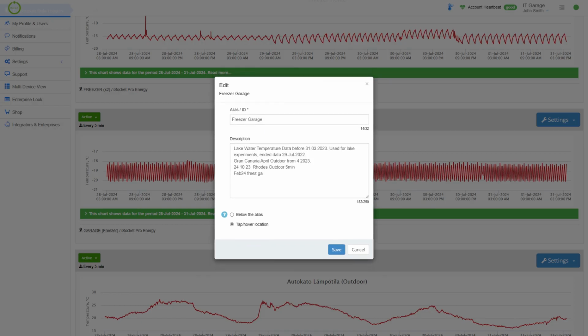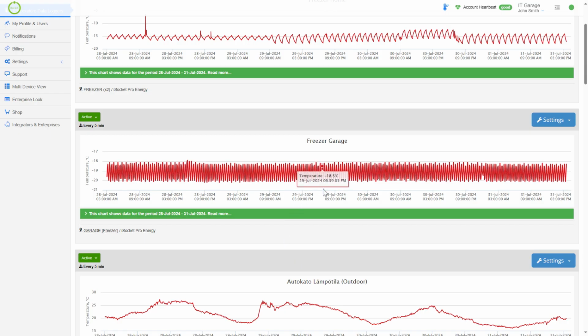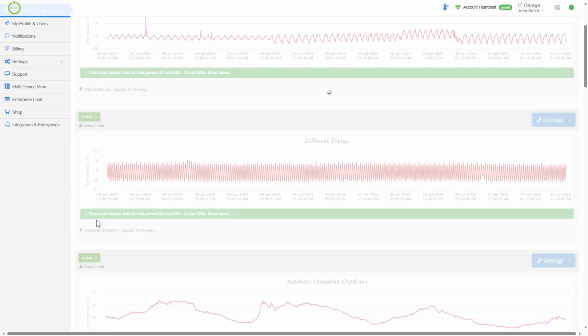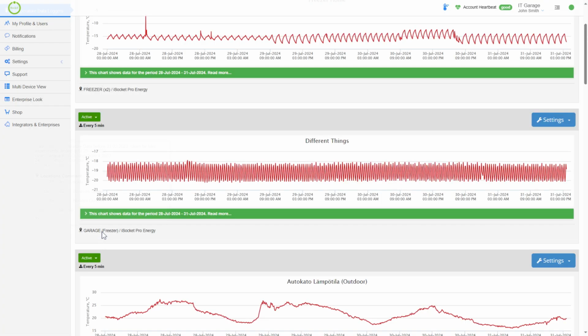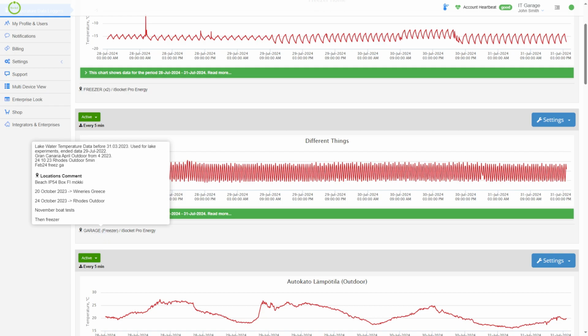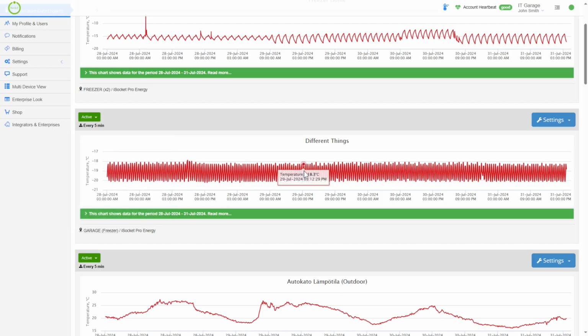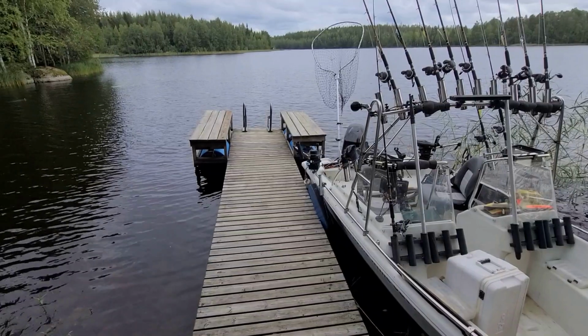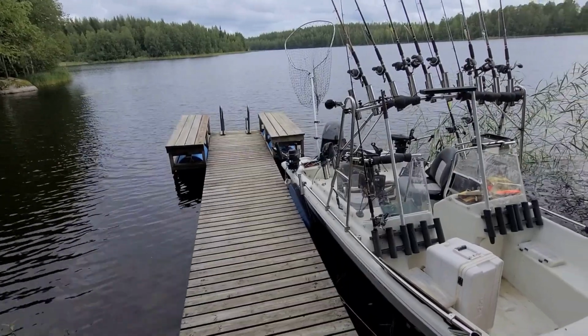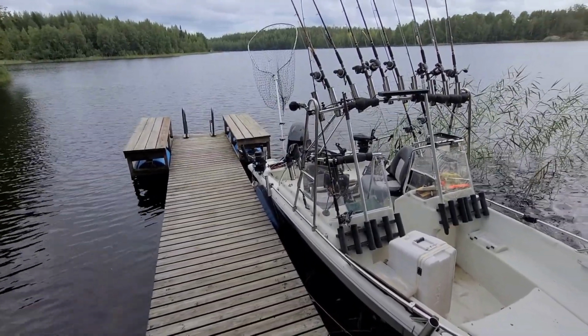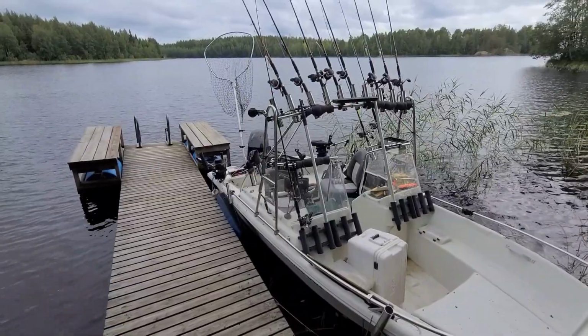I'm still confused about all the applications I applied for this IoT socket, but let's rename it to different things so that you are not confused that we are talking about Freezer Garage. We will be talking about different things, and let's start with a quite interesting application about lake water monitoring. I will first show you the configuration I used for that week-long monitoring, and then we review a temperature profile and some screenshots.